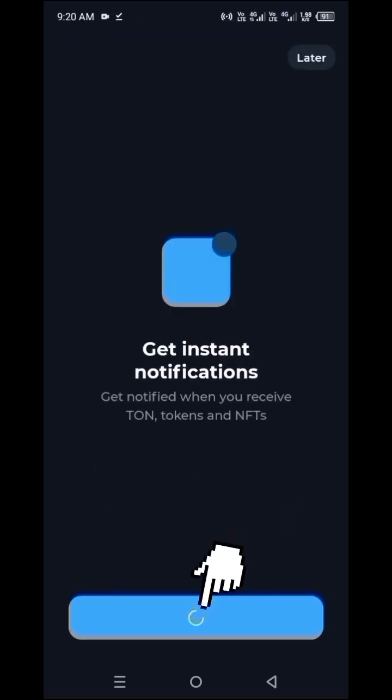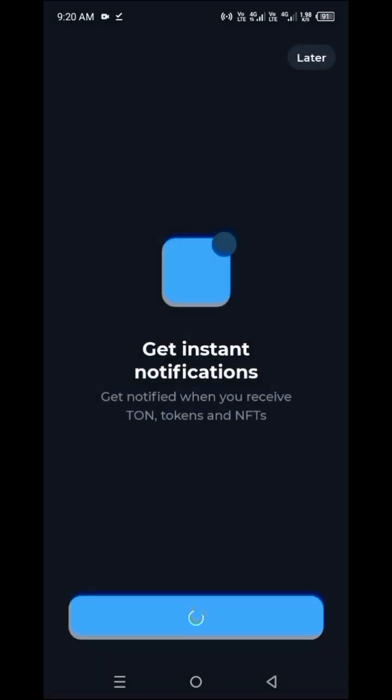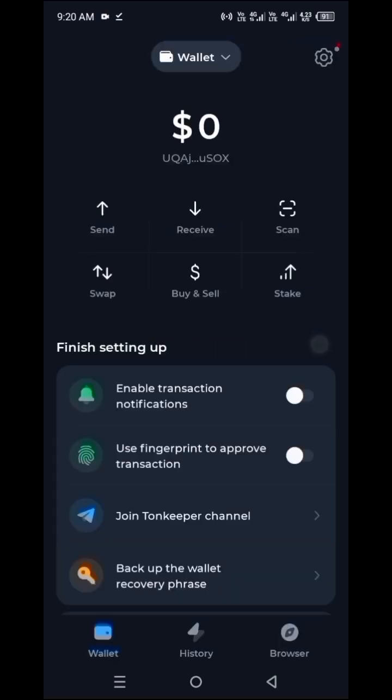After entering the password, you can see here an option of allow. Please allow here. If you don't allow, they will not give us permission to add into the wallet. And after you allow, you can see there is loading for some time, and after this loading it will be added into my own wallet. Now you can see on the screen that my wallet is ready.